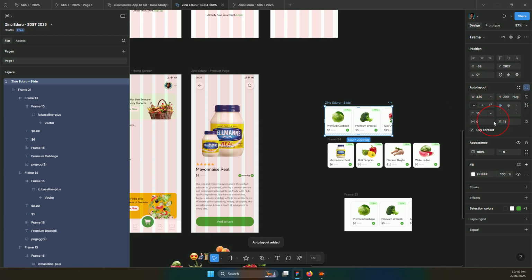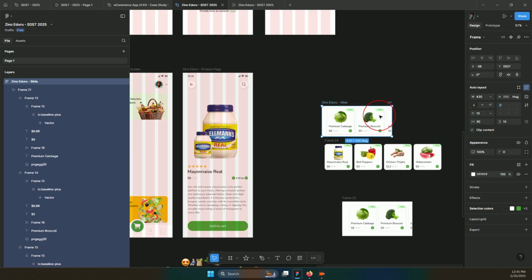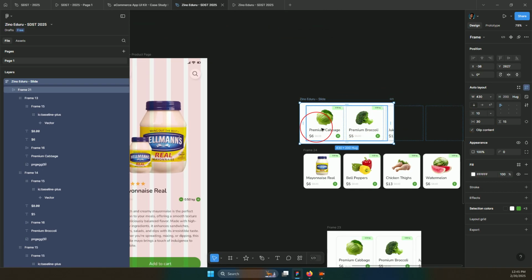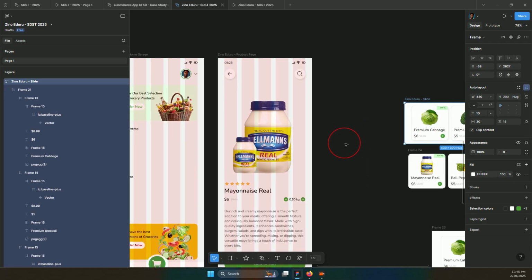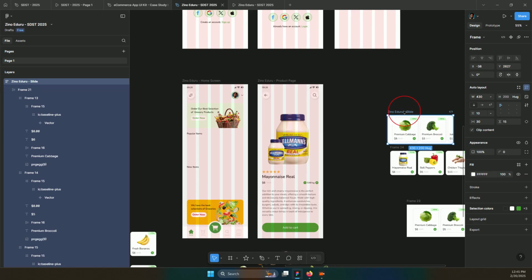When we create an auto layout, we make sure that both of the edges are 20, or we can increase it. Let's say both of them should be about 30. Yeah, 30 left and right. So the next thing, when we have this set, we can just press Ctrl C,